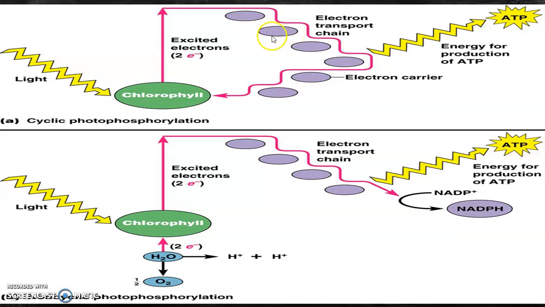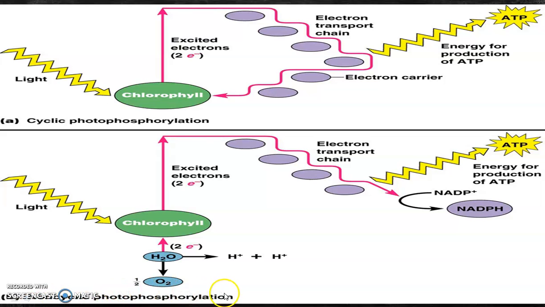When the second substance accepts the electron from the first substance, it is said to be reduced. When the third substance accepts the electron, it is reduced, and the second substance is oxidized when it donates. Likewise, oxidation and reduction occur sequentially through many electron carriers. Meanwhile, the chlorophyll creates a gap. That gap is filled by the same electrons. After traveling through many electron carriers, the same electron comes back and fills that gap. So it is termed cyclic photophosphorylation. Meanwhile, ATP is synthesized.